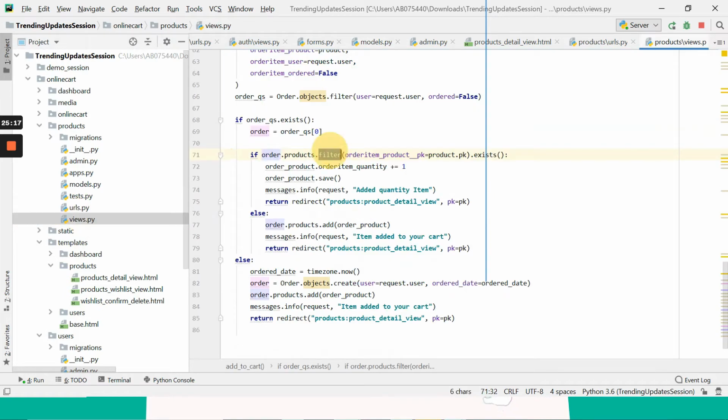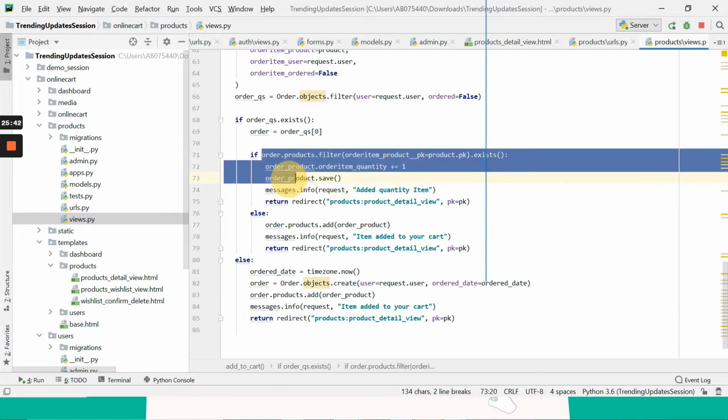Here you see we are filtering. And with order_item.product, we are checking if this order is present in that order item. If it is present, then simply add one quantity to that item and save the order item model. Here you can see I have provided the messages, I added quantity.